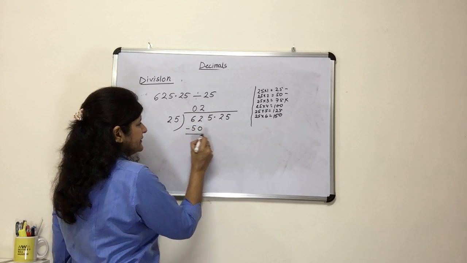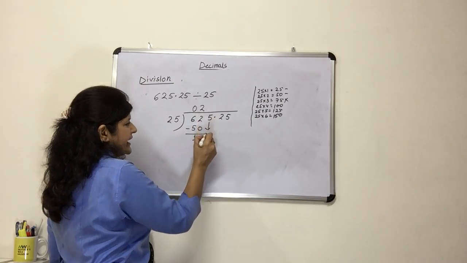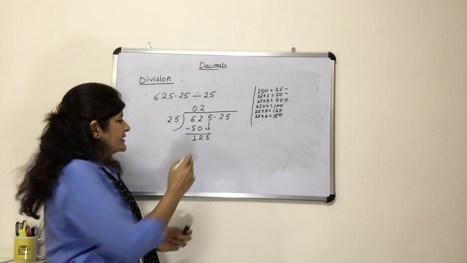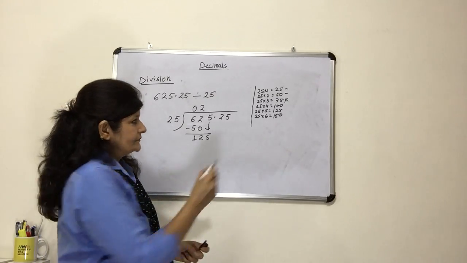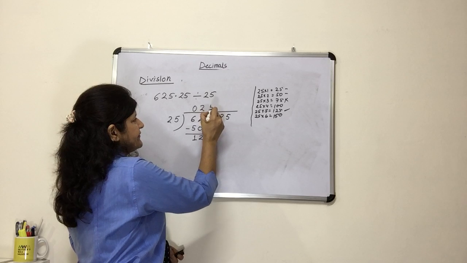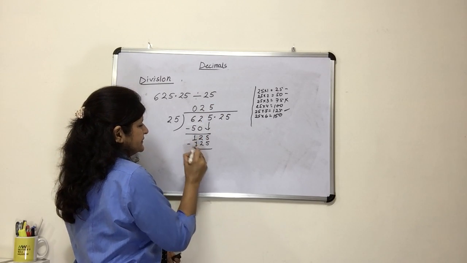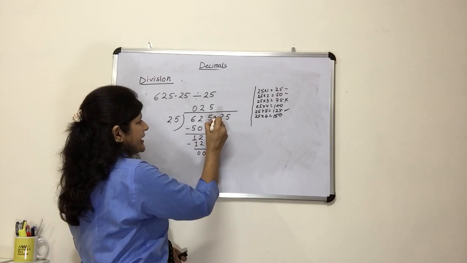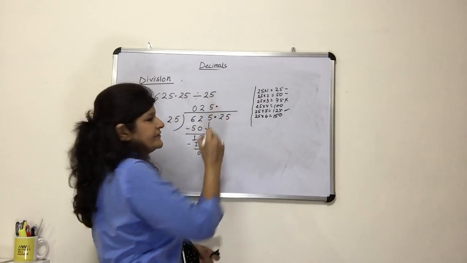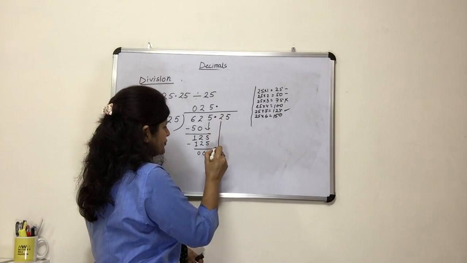Now subtract, 2, 1. Now we will copy down the next number, as we know about division. This is 125. See in our table, 125. So 5s are, we will write 5, 125. 0, 0, 0. Now it is the hurdle, a decimal comes. So we will copy down the decimal here. We will shift the decimal here to there. And now we will copy down the 2.